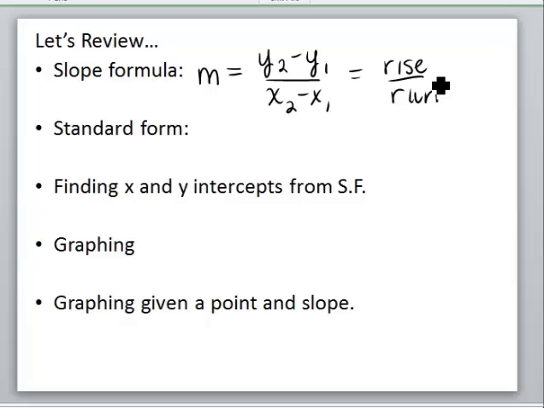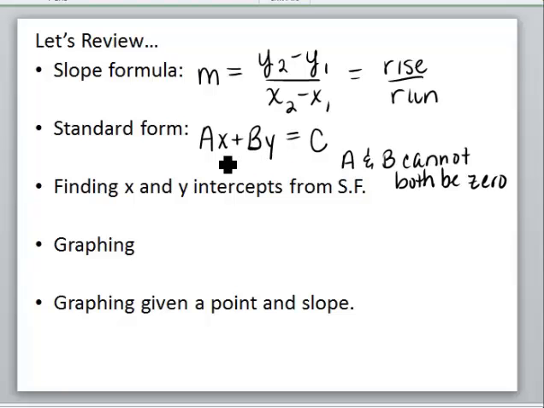Standard form is a special form of a linear equation. Remember, that's an equation of a line. And what it has is the x and the y on the left-hand side, or first, as I like to say, and then we have it equal to a c value. A, b, and c are constants, and a and b cannot both be 0. If they both equal 0, then we just have 0 equals c, and that doesn't work out. So it's ax plus by equals c, where the x and the y are on the same side